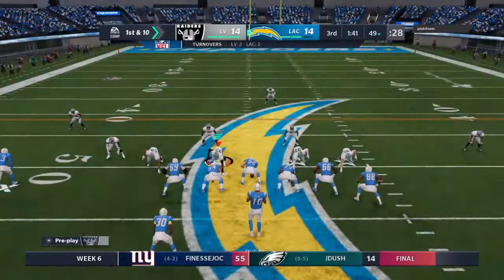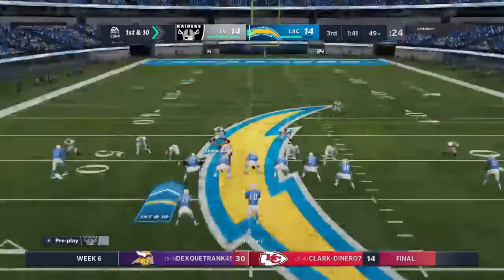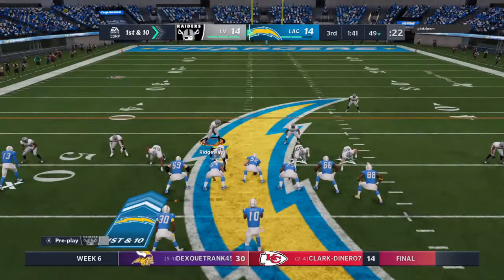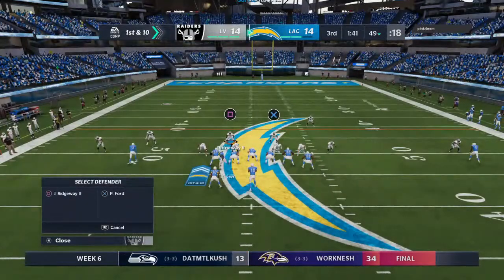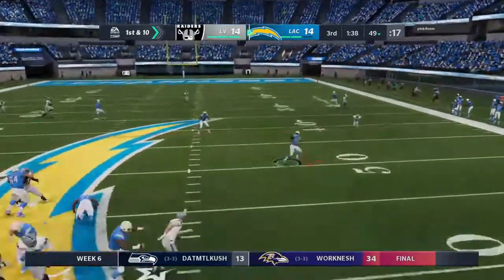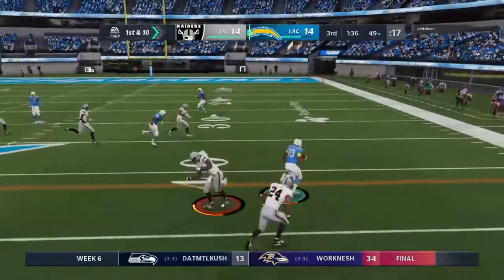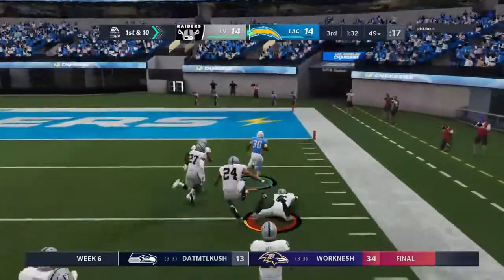The Charger drive about to get going. Good drive last time. Really effective passing the football. Do you maybe mix it up, now go to the ground game and surprise the defense a little bit? I would anticipate the defense making some changes, but I wouldn't necessarily just absolutely go in the opposite direction. They're doing so well throwing the ball. Yeah, I wouldn't change it up until...